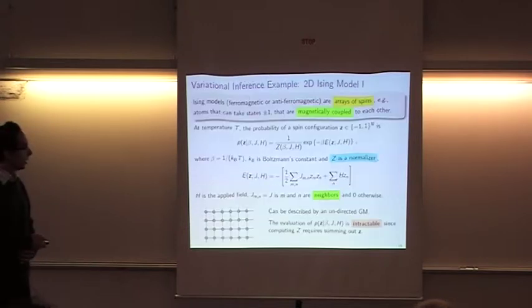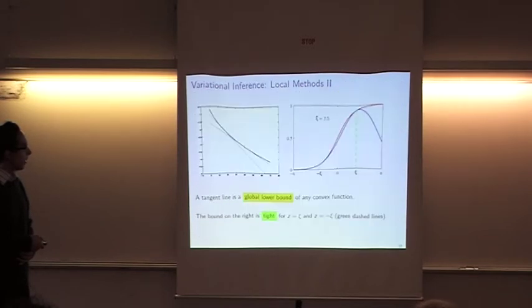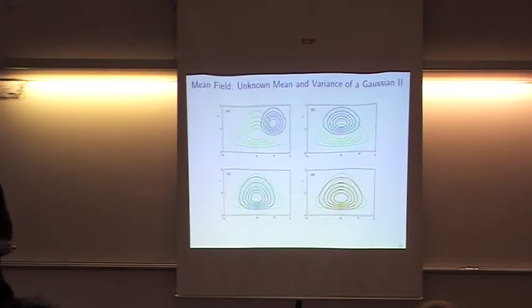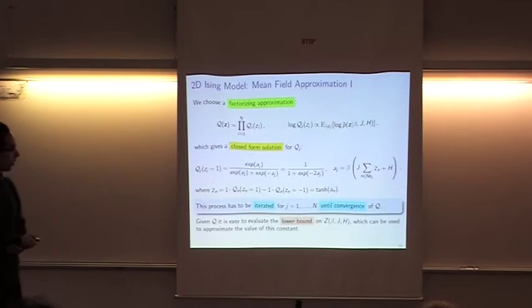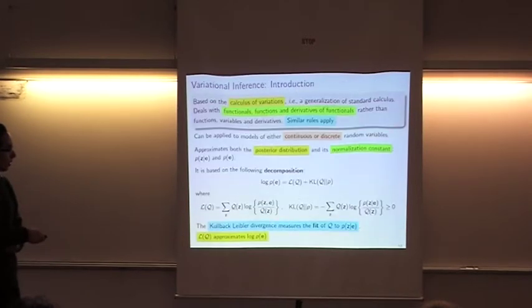Okay, so this is the method of variational inference. When we apply this method, we should at least be able to evaluate the lower bound. The lower bound is given by this expression, and to optimize it, at least we should be able to evaluate it. The problem is that very often you might have some factors in the joint that are too